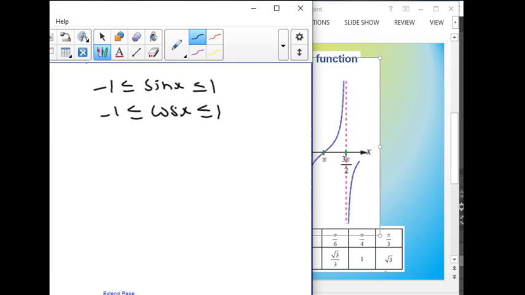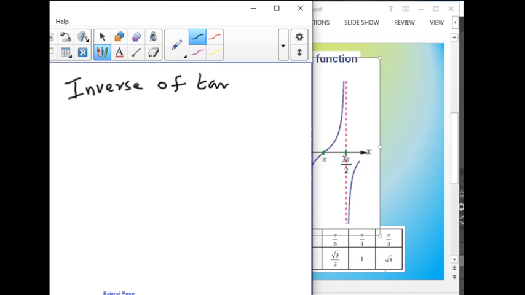Now we will come to the inverse of the tangent function. So, what is the inverse? When does the inverse function exist? When the function is 1 to 1. So, in the original domain R except 2n plus 1 into pi by 2, the tangent function is not 1 to 1. Therefore, we have to restrict the domain.